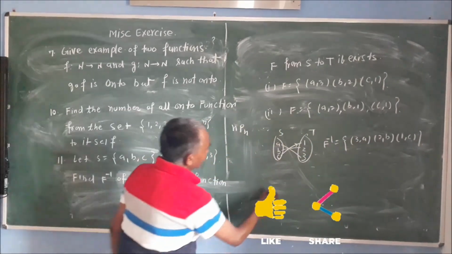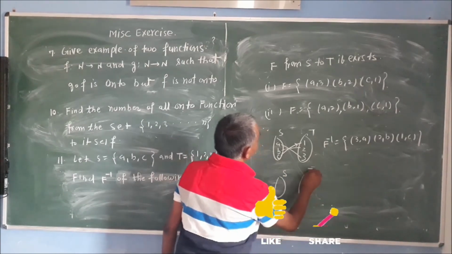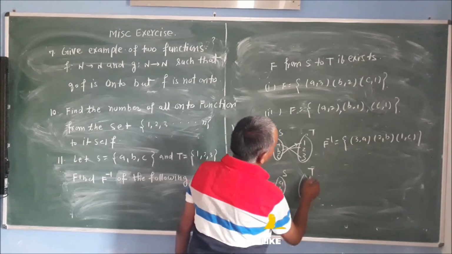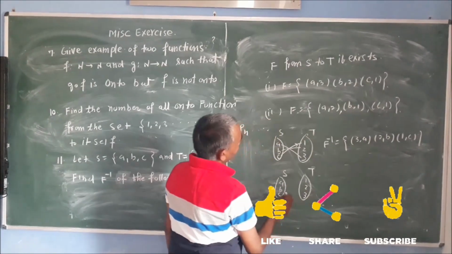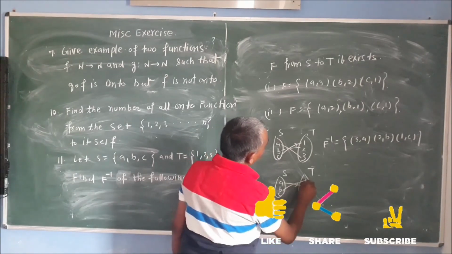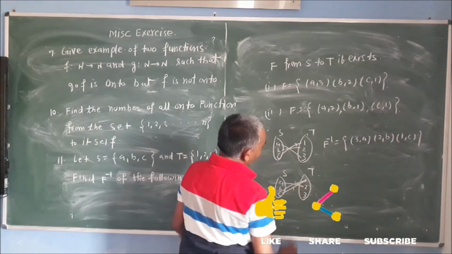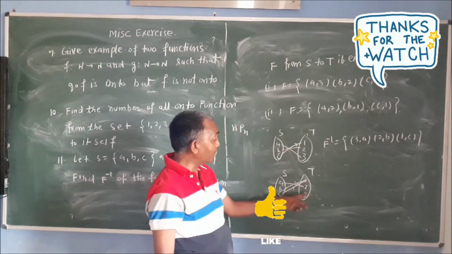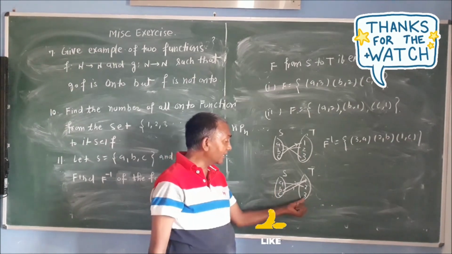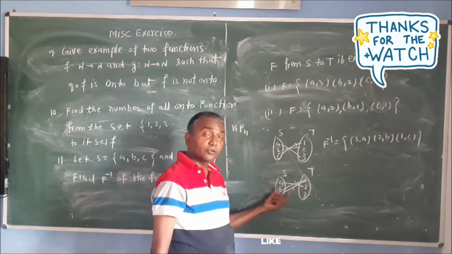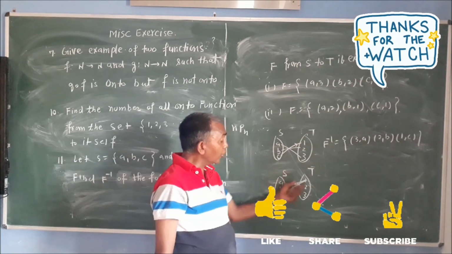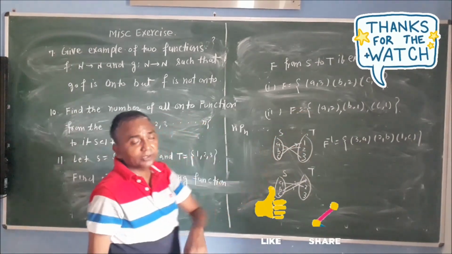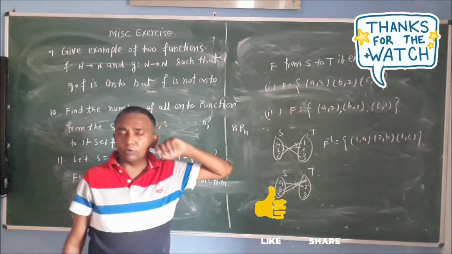And for the second, this is again set S and set T. Its elements are a, b, c, and the second set has elements 1, 2, 3. What are you seeing? a is related to 2, b is related to 1, and c is related to 3. Each element of S has a unique image in T, so it is a one-one function. But watch here. Here is an element 3 which has no pre-image in S. That means this is not an onto function. If it is not an onto function, then the inverse does not exist here. So we cannot calculate the inverse of this second type of function.